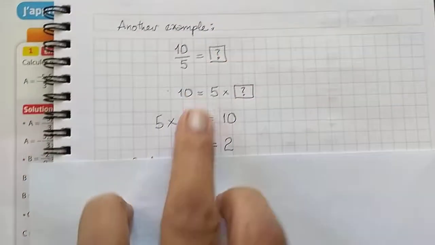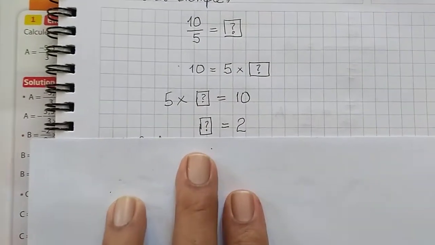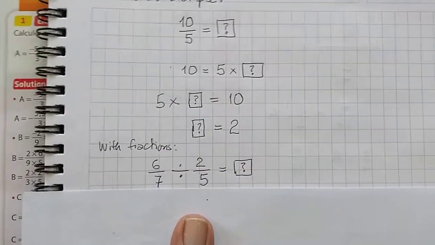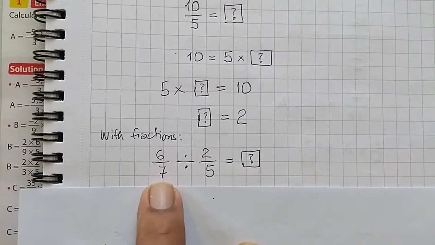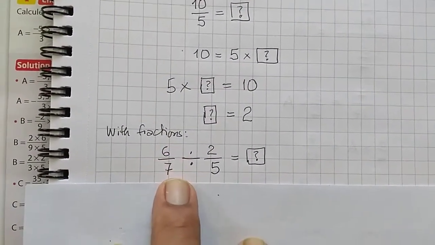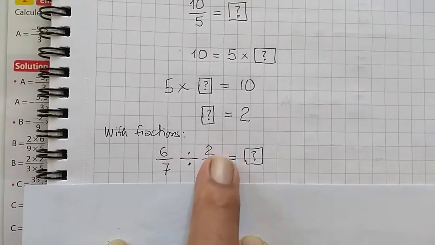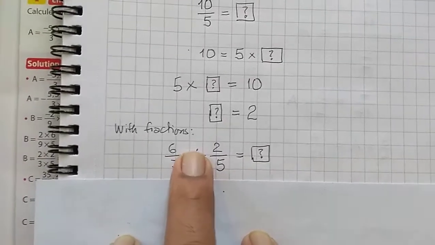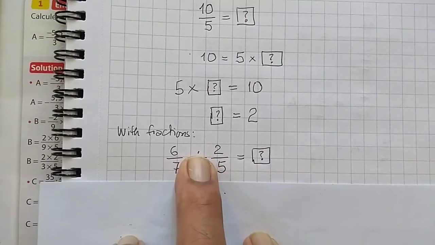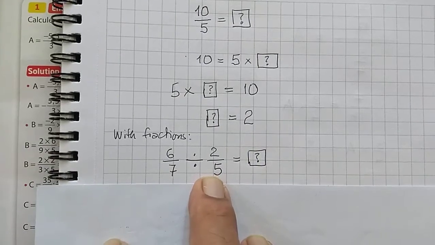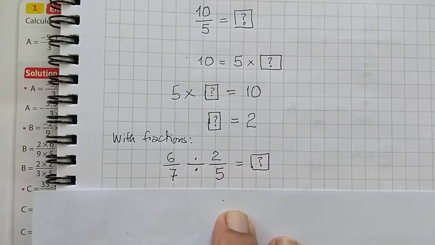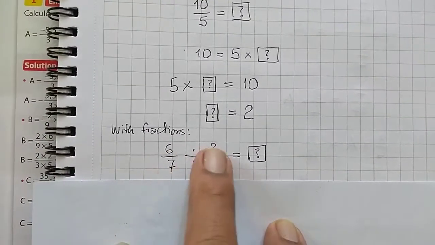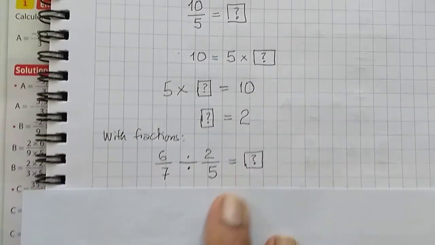So we'll use the same process for fractions. Shall we? Okay, here we go. So 6 over 7 divided by 2 over 5. So I'm dividing one fraction by another fraction. Remember, if this was a multiplication sign, you knew very well what to do. You have to multiply the numerators, you have to multiply the denominators, and you get the answer. That's a very simple thing. But here now we are doing division. So 6 over 7 divided by 2 over 5 is equal to what?